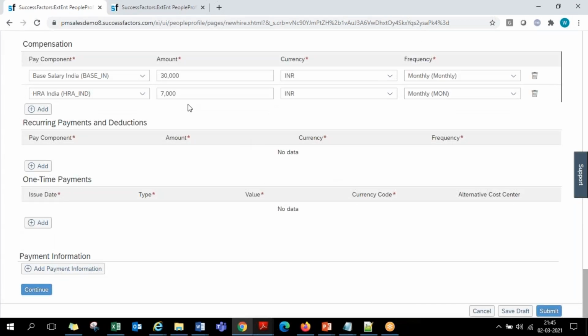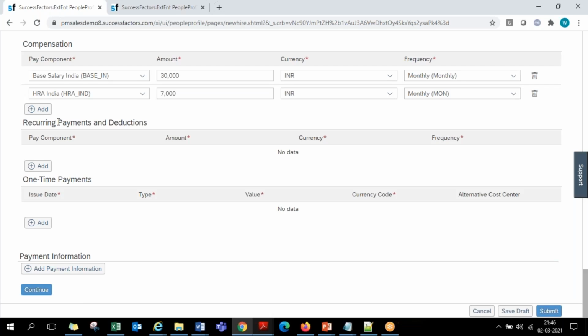And then apart from the regular pay components, anything additional, that is recurring payments and recurring deductions, that is for a limited period of time. If you want to have any payments done for the employee or deductions done from the employee salary, that can be recorded here. Say for example, you decided to give the employee a joining bonus of 60,000, but you're not going to give it in one shot.